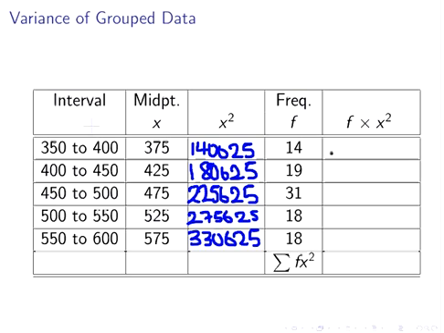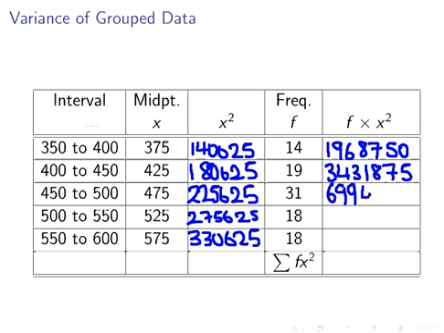Next, what we're going to do is compute the product of each. So for each interval, we're going to multiply f by x squared. In the first instance, we're going to multiply 14 by 140625, and so on. So 1968750. Okay. Next one is 3431875. Next one is 6994375. The next one is 496150. And lastly, we have